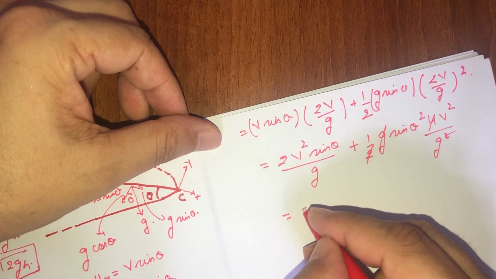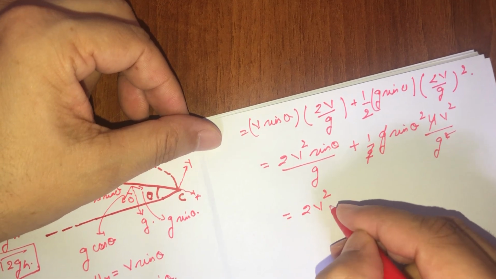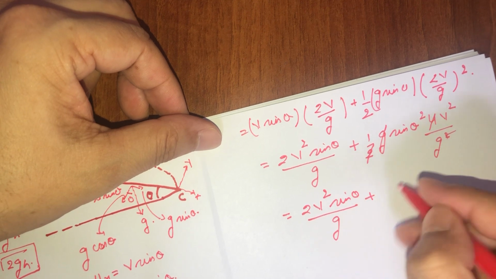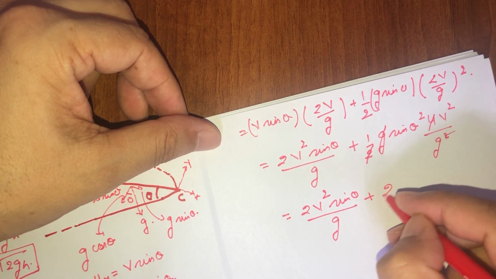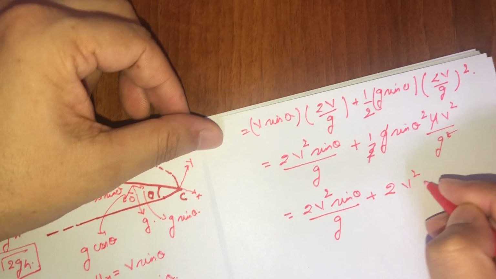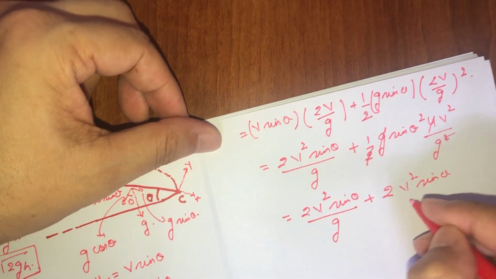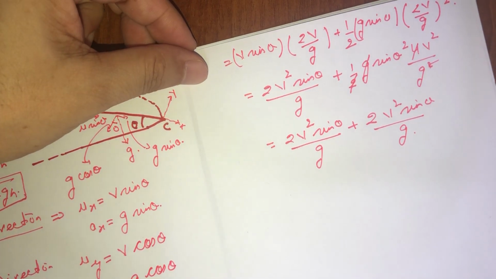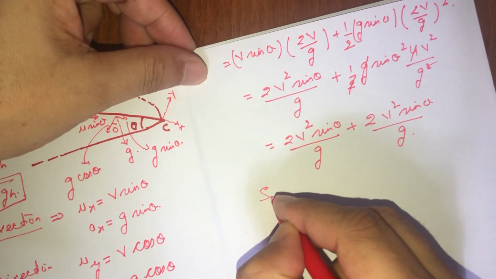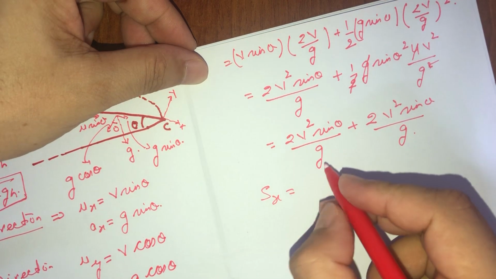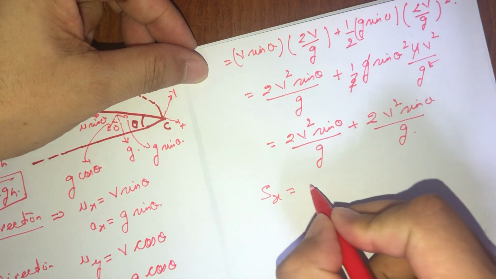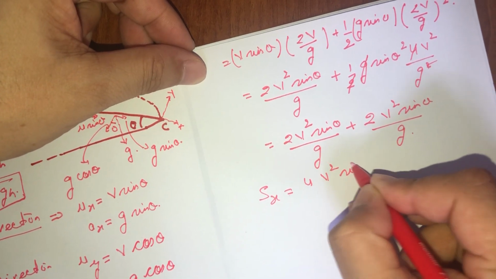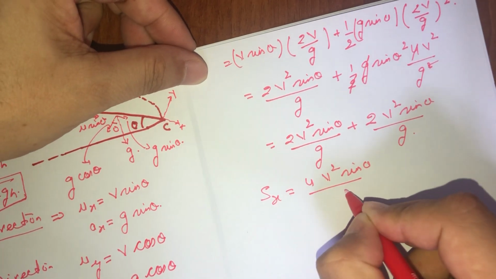So we can write this as 2v square sin theta upon g plus 2v square sin theta on g. So s of x is equal to 4v square sin theta on g,